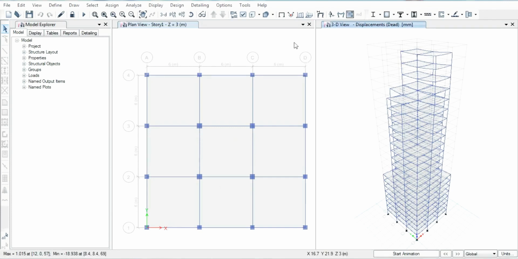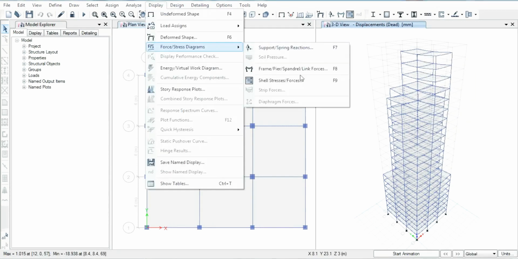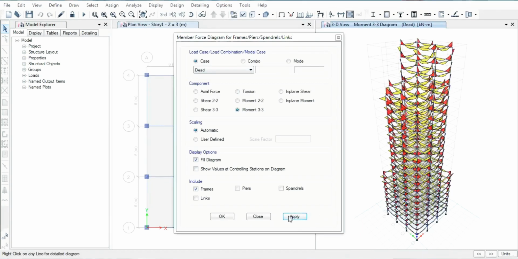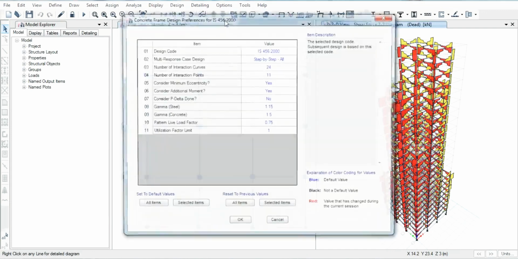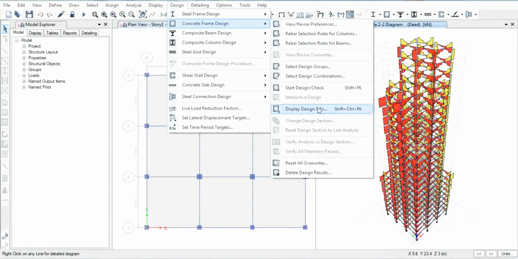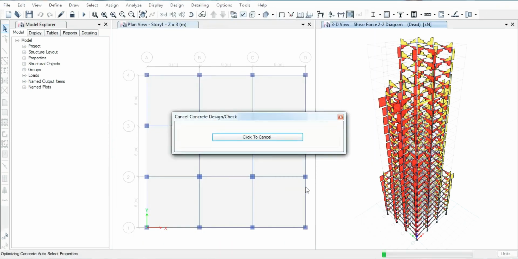The design process has started and it's going on. Now, the displacement pattern of the building, then we can easily see the moment factor, and now we have to design. You can see the progress at the bottom. Wait for a little time. The process might take some more time,